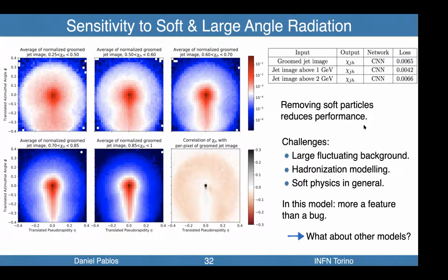So in this model, the fact that most of the physics lies in the soft particles is more a feature than a bug, because essentially, the mechanism of energy loss consists in isotropization of the high energy modes without any stimulated perturbative splittings. So we should look in other models that admit this definition of chi to see the sensitivity to soft stuff and to see how important it actually is.